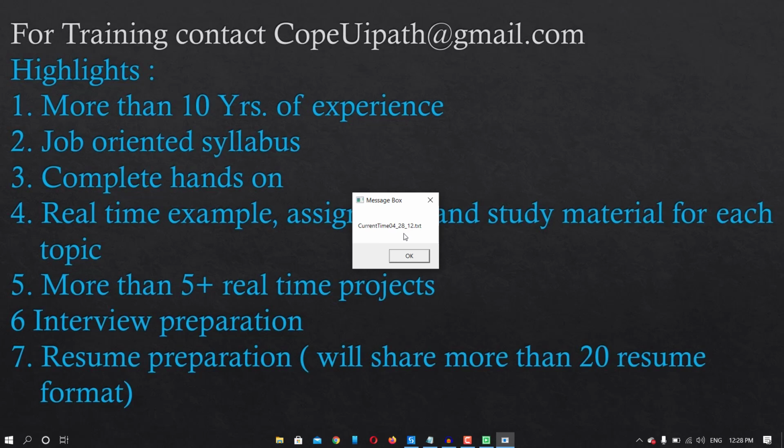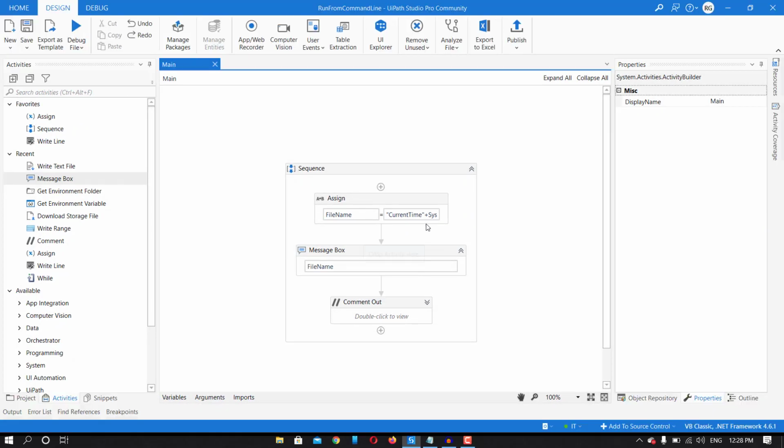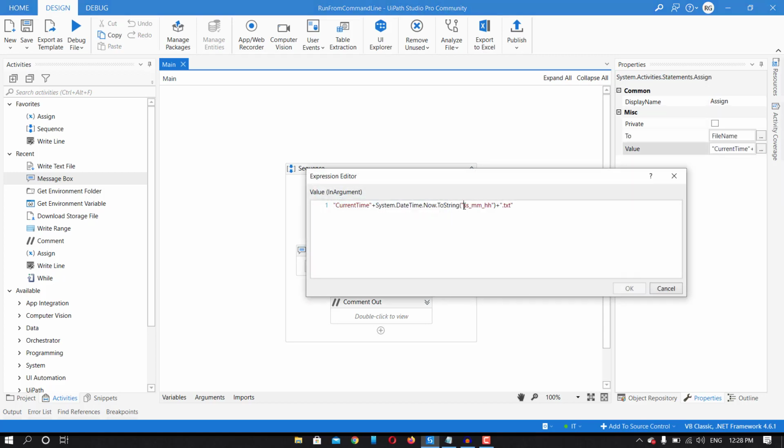So 04 is the second, then this is the minute, and this is the hour, .txt. So let me put one more underscore here. So now this is the file name, and every time it will add second, minute and hour into that, right? So every time we will generate a new file.